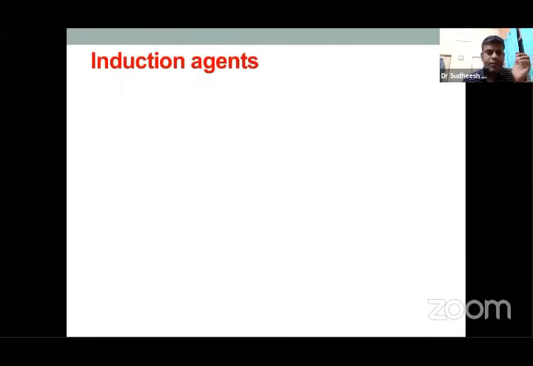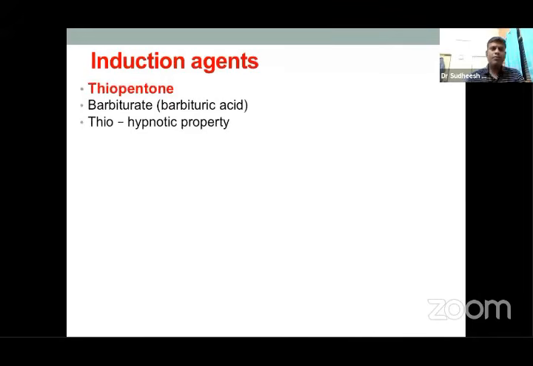With this background, I will just touch upon a few drugs just to quickly go through, so that I am doing it as a compare and contrast so that you can follow it easily. For example, now let us start with thiopentone. So if you go through the same style, the physical properties, it's basically a barbiturate chemically, and it has got a thio ring, which actually adds to the hypnotic property of the drug and also makes it more soluble.